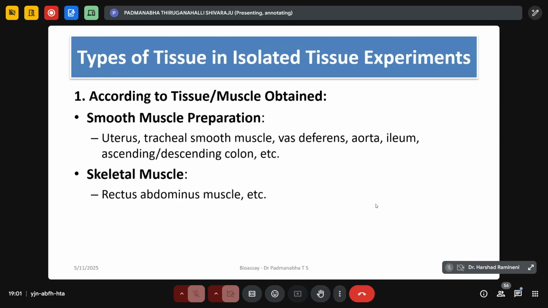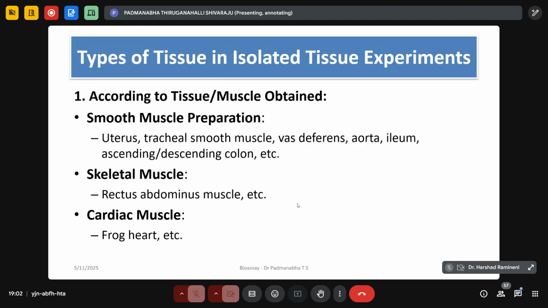So according to the tissue or muscles obtained, we have a smooth muscle preparation as well as skeletal muscle. Usually for smooth muscle, we use the uterus, the tracheal smooth muscle, vas deferens, aorta, commonly used ileum, ascending or descending colon, etc. For skeletal muscle, we use a rectus abdominis muscle, especially the frog rectus abdominis muscle, which we can choose for testing the skeletal muscle activity,